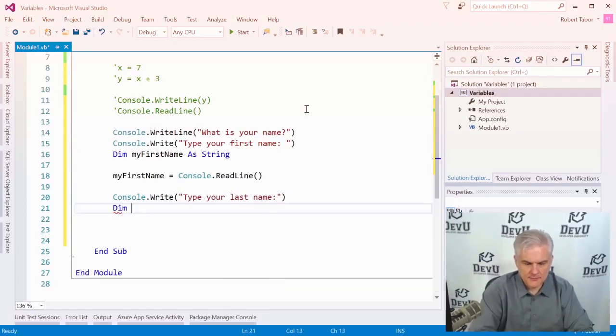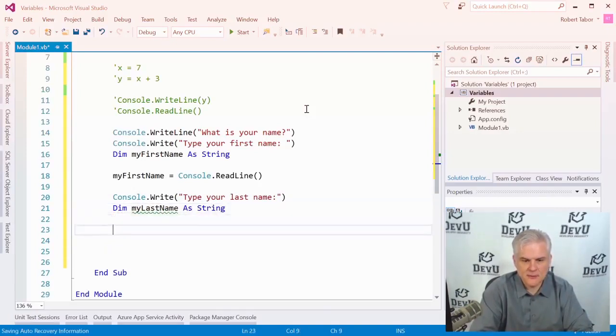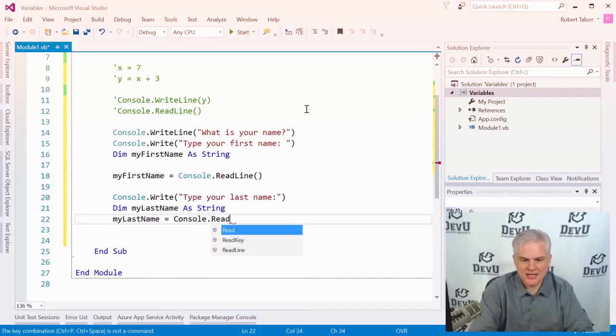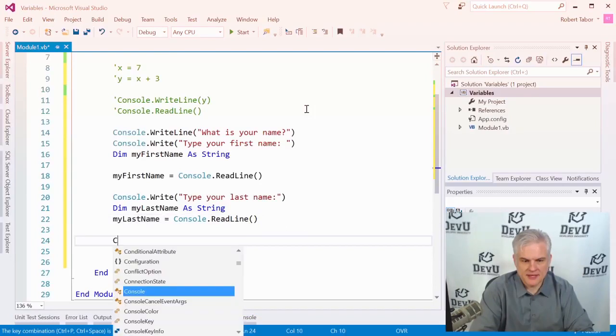We'll go Dim myLastName as string, myLastName equals console.ReadLine, and then finally